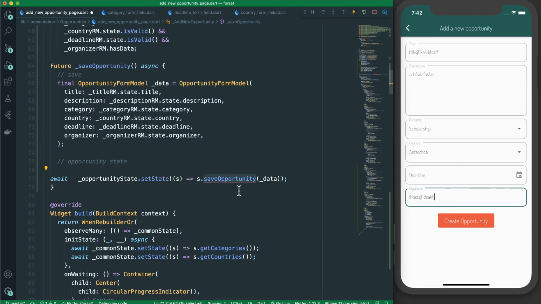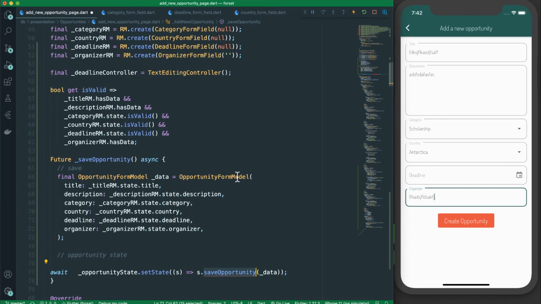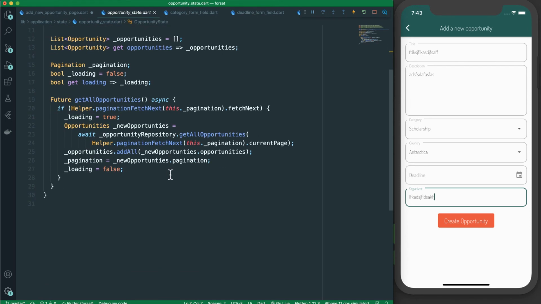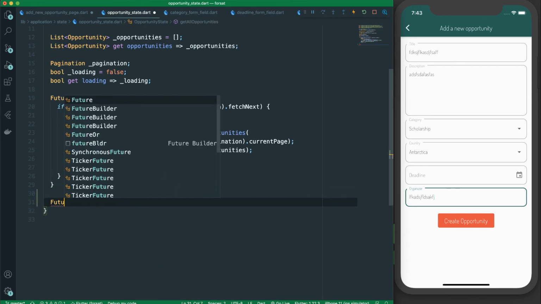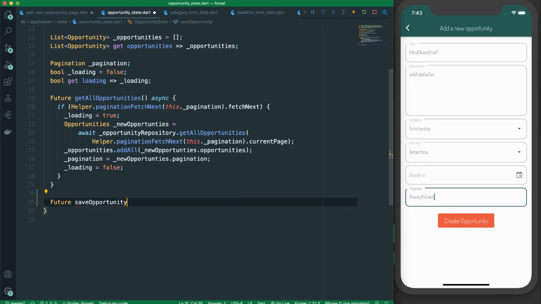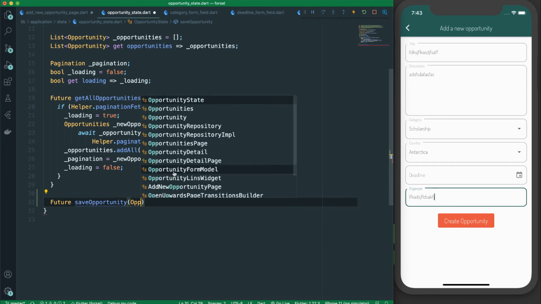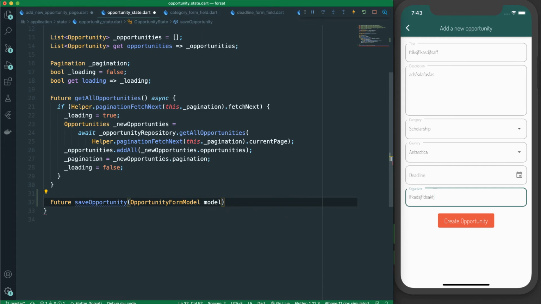What we need is to create this save opportunity method inside the opportunity state. So I am going to the opportunity state, and here I want to create a future method, and I will call it saveOpportunity, and this will have a parameter of opportunity form model, and this should be our model, and this is an async method again because it is a future, and for it we will wait for the var response to be